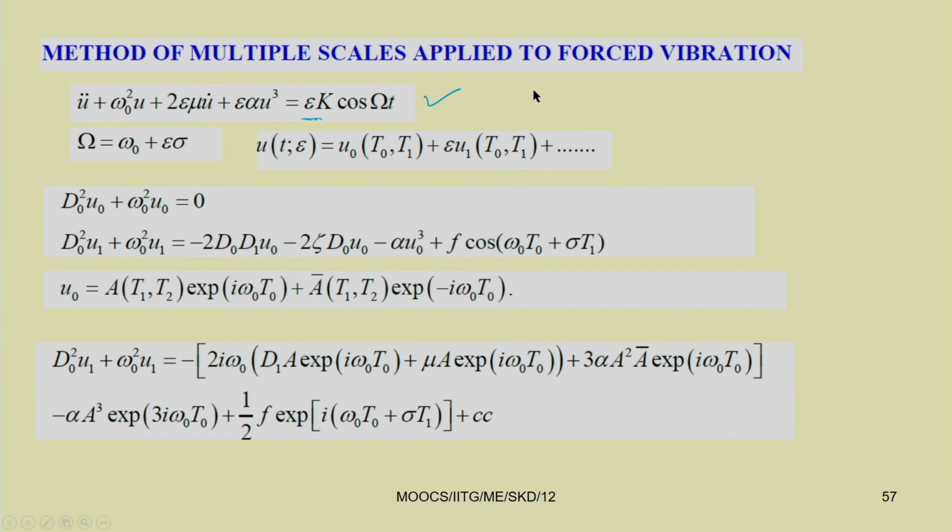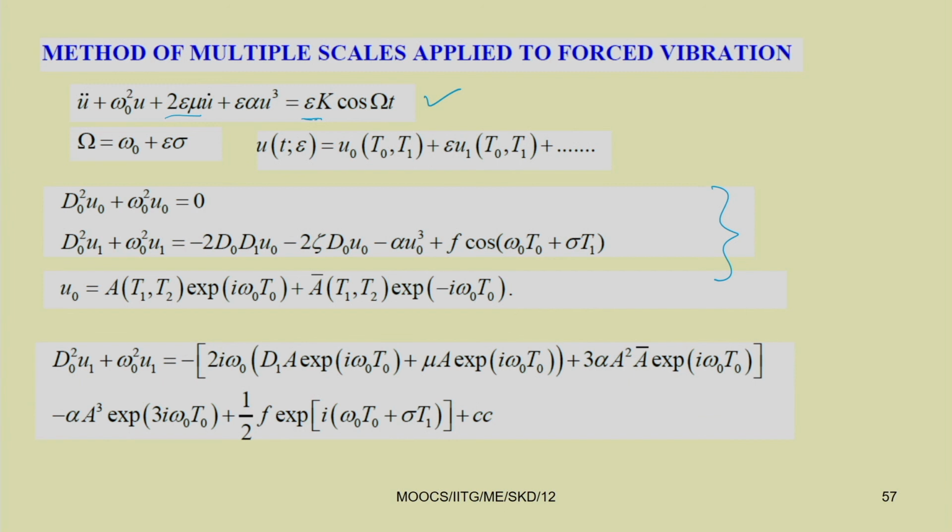Similarly, here we have used the damping to be weak, that is one order less than that of the linear term. So, the damping, the cubic nonlinearity and the forcing term are considered to be weak. Following a similar procedure as in the method of multiple scales, by taking u(t, epsilon) equal to u 0 plus epsilon u 1 and substituting in the original equation and separating different orders of epsilon, one can obtain these equations.